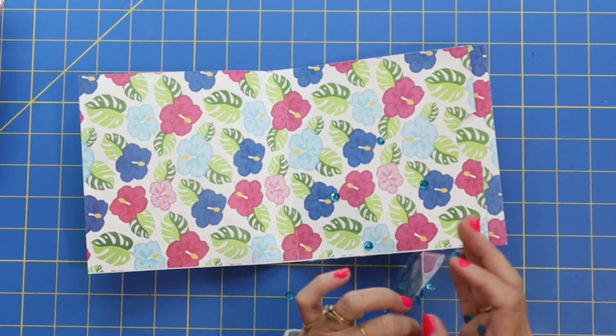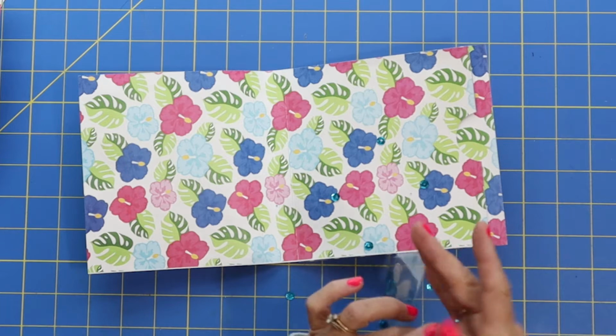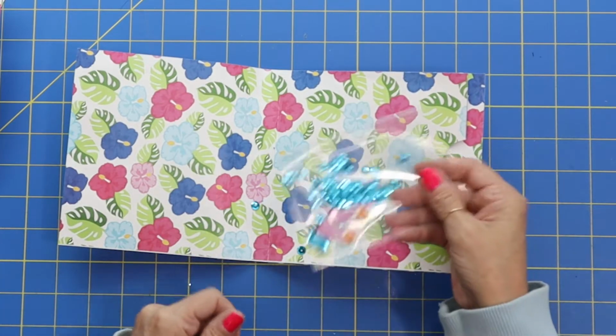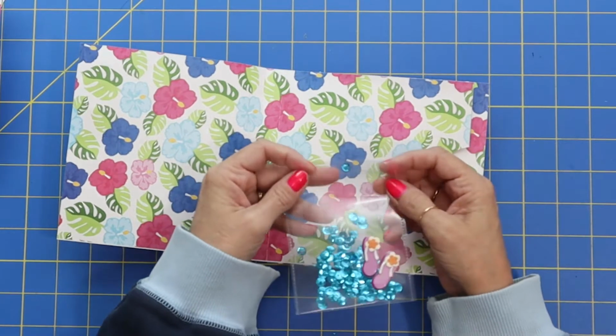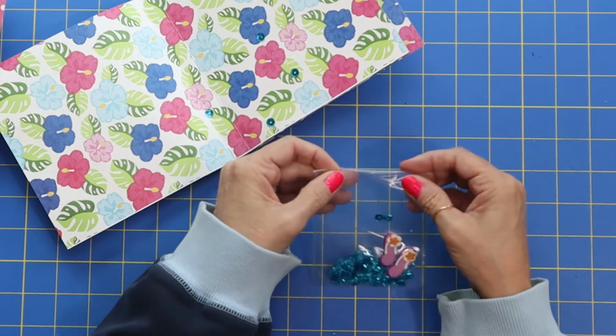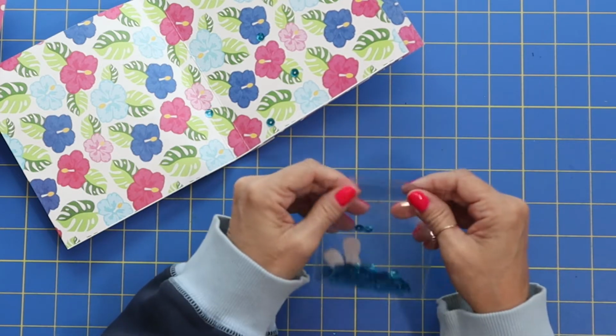I don't think I've added too little, but sometimes I go a little bit overboard. It's like, I didn't need all those. Kind of funny. But there is, look, a cute little shaker packet. And I was surprised. I usually use my fuse tool and fuse this down, but I was surprised that just